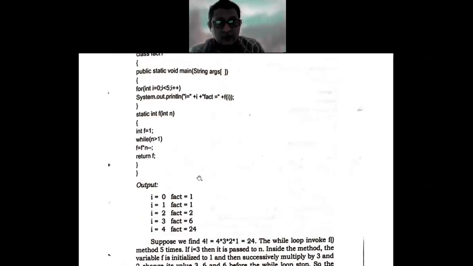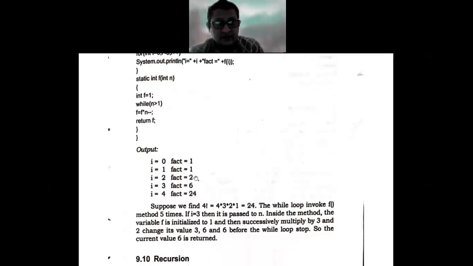So f is another method where integer f equals 1, and while n greater than 1, f equals f into n--. That means initially it will be f, then f into n while n is greater than 1, and n minus 1. And return f. So this particular function will be calculating factorial, whose example we have already seen. But what happens is actually